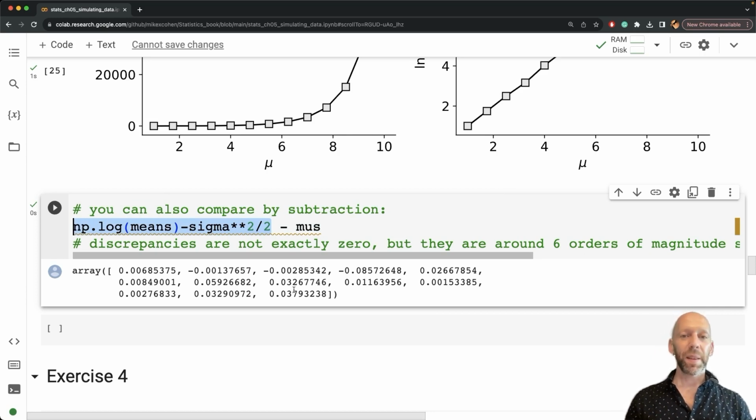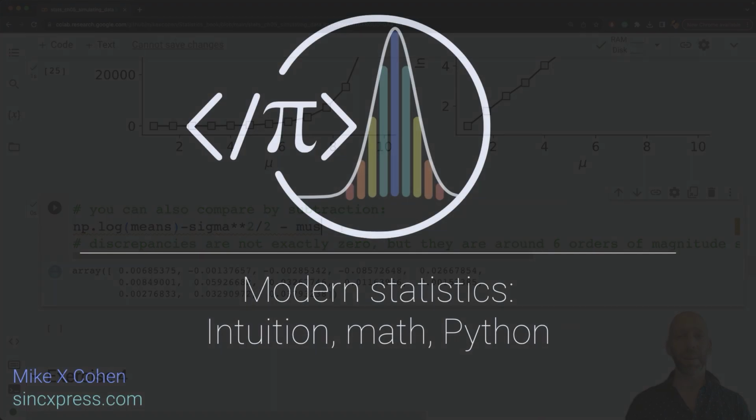So again, this is a really important concept to understand in statistics, that even with a sample size of 10,000, you're never going to, well, I shouldn't say never, but you're not really ever going to get sample characteristics that perfectly match the population parameters, certainly not in simulated data, and therefore not in empirical data, in real data values